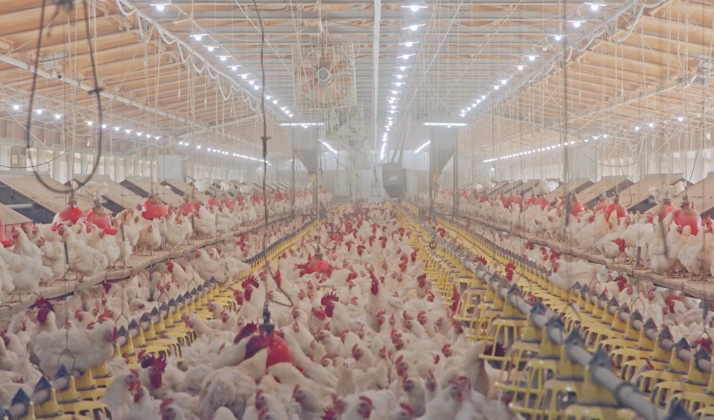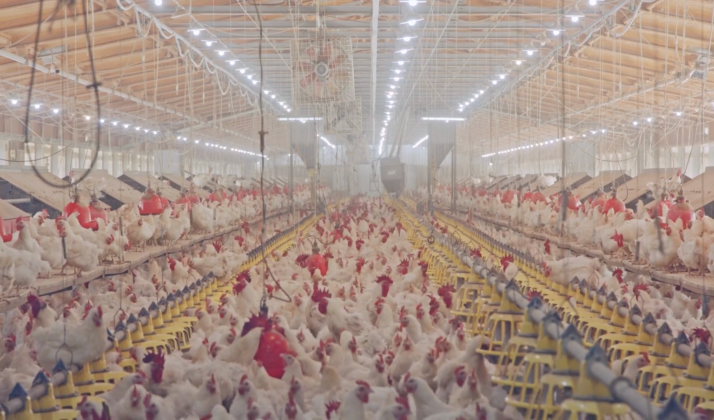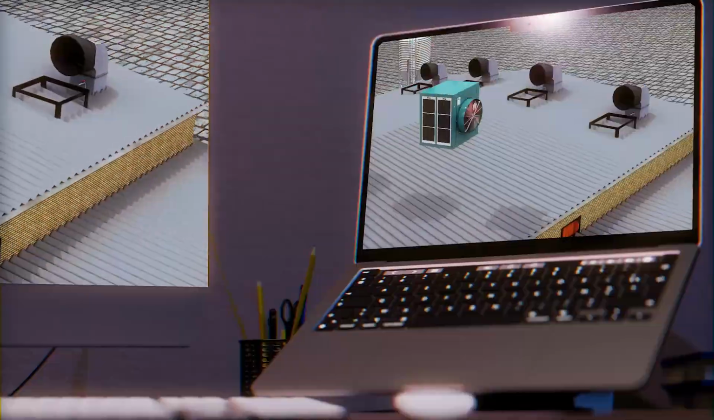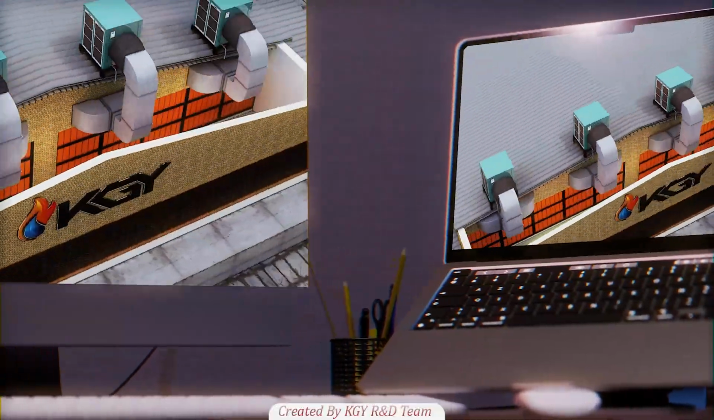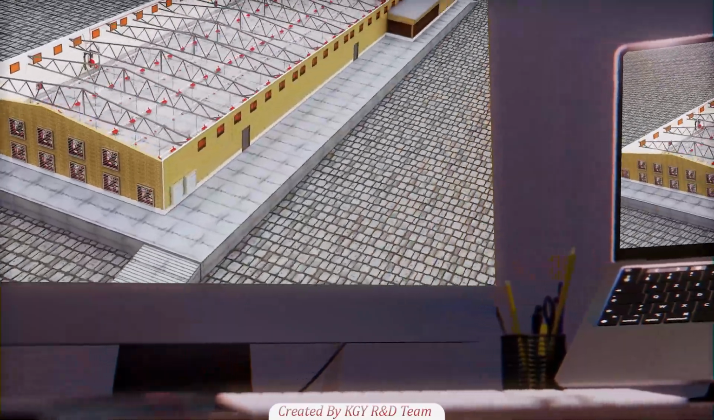In poultry farms, one of the most critical factors for maintaining bird health and promoting optimal growth is the precise control of temperature and ventilation. In this video, you'll discover a best practice model for installing a tunnel ventilation and cooling system specifically designed for